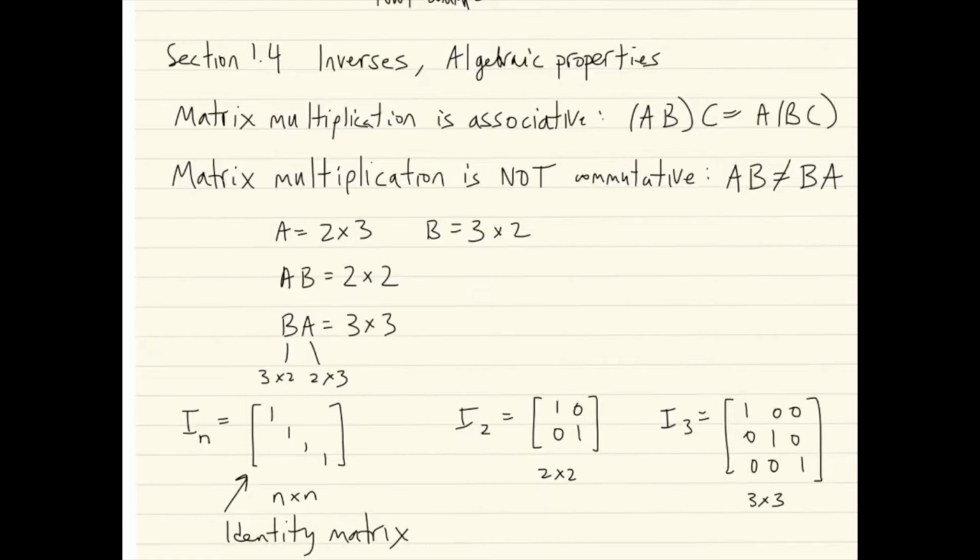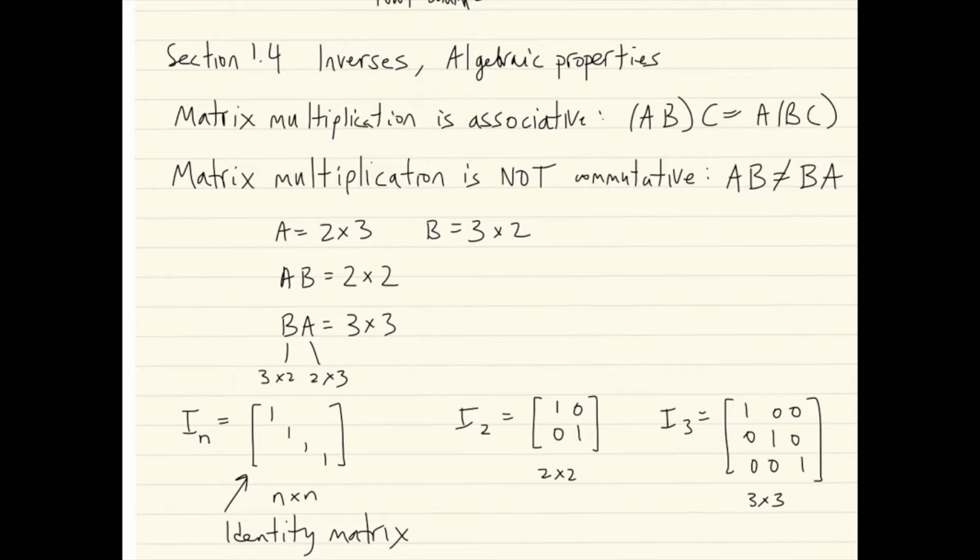To section 1.4 of Anton about inverses and algebraic properties. So again, matrix multiplication is the most important operation involving matrices. And well, the good news is it is associative. In other words,